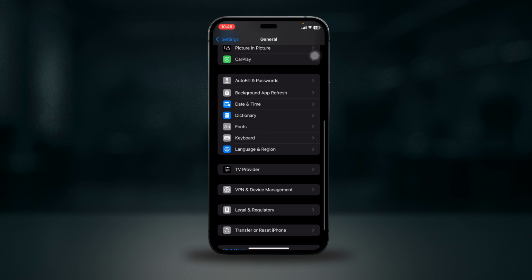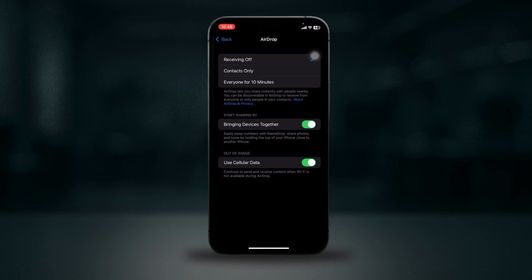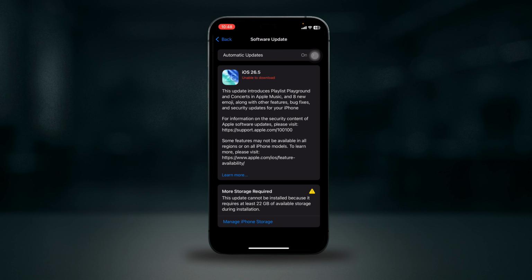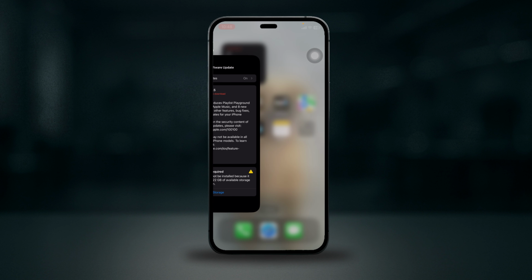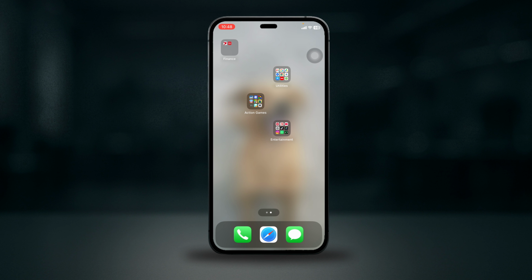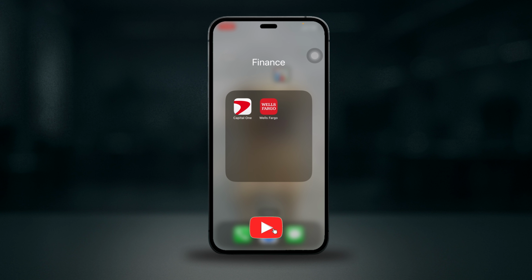Also, in the settings, go to General and then go to Software Update and install any available iOS update. Capital One regularly drops support from older iOS versions. So all you gotta do is delete Capital One, reinstall from App Store, turn off any VPN in settings, update your iOS,